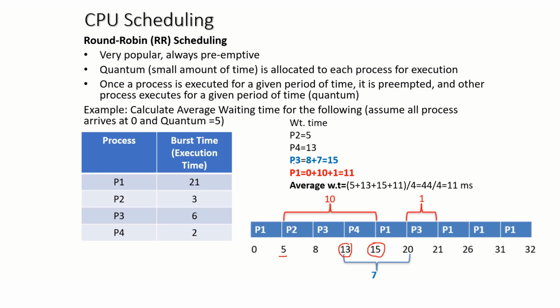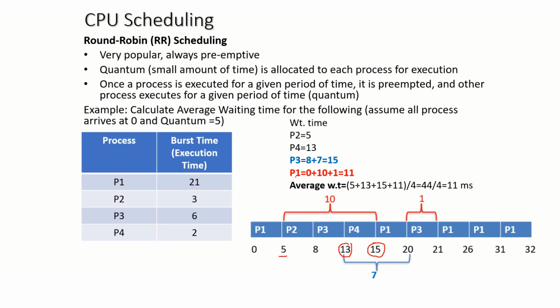For process 3, that is P3, it is started, sorry, it is not arrived, it is started at t equal to 8, but it is not completed at t equal to 13. It is started again at t equal to 20. So 20 minus 13 is 7. So we have to add this 7 to this 8 and so the waiting time for P3 is 15.